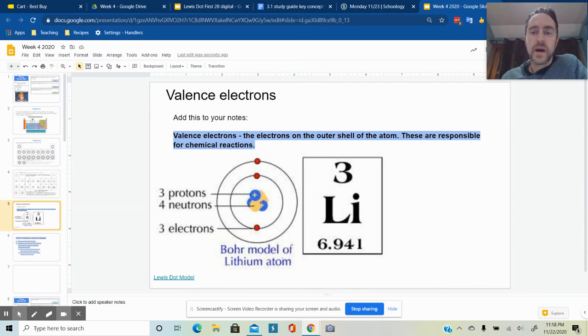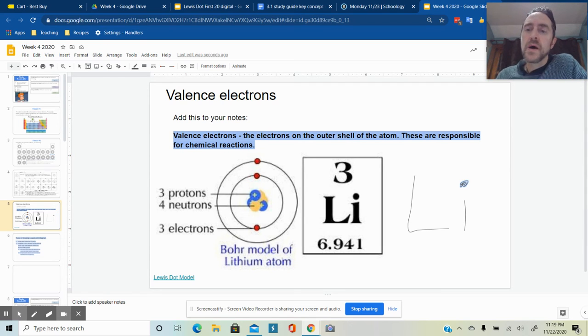So we're going to draw a Lewis dot structure of this. Here are the 2 steps. First, you write its symbol, which is just Li for lithium,